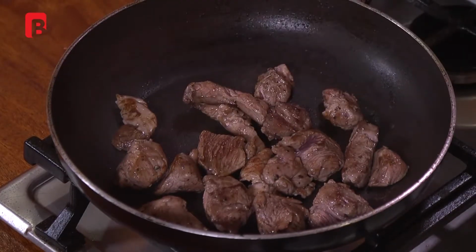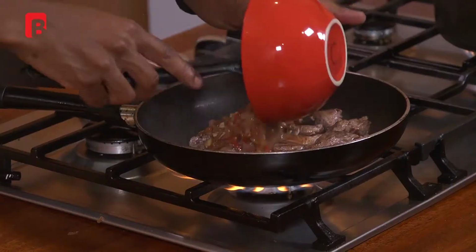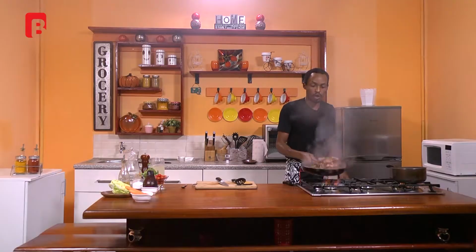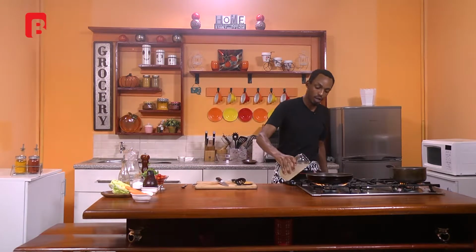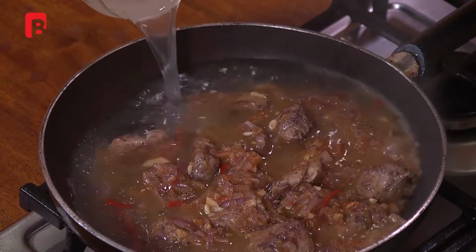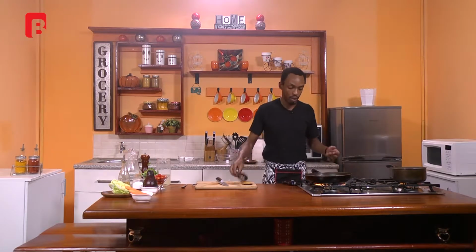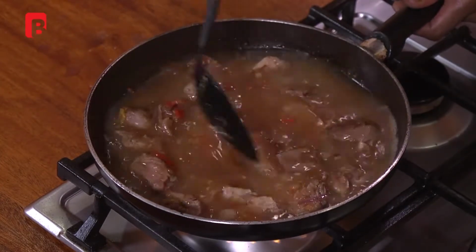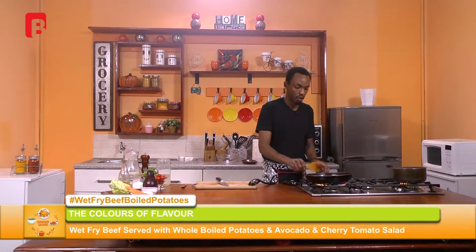Right, once your meat is browned and almost fully cooked, this should actually be about rare at this stage. We will proceed to add our onion and tomato mixture back into the pan. And you can proceed to toss that to mix. And proceed to add some chicken stock, right up until you get to the rim of the pot or the pan. And we're just going to allow that to proceed to simmer at high heat. Be sure to also give it a mix before doing so, just to make sure your ingredients are evenly spread out in your pan. And we're just going to allow that to continue simmering undisturbed as well,